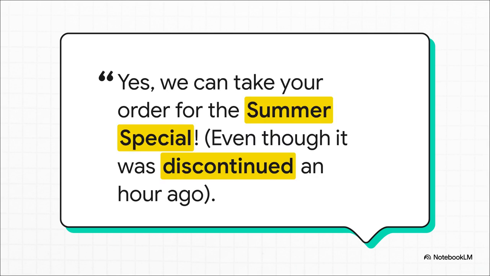Okay, but what if they went the other way? What if they were an AP or availability first system? That same storm hits, that same communication line goes down. But this shop's number one priority is to stay open and serve customers. So it'll gladly take your order based on the last menu it downloaded, even if that summer special you just ordered was actually taken off the menu an hour ago. It prioritizes being available over being perfectly in sync.